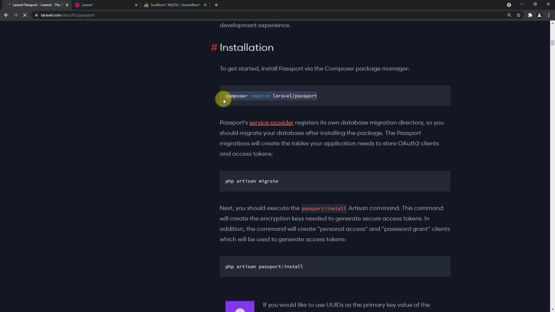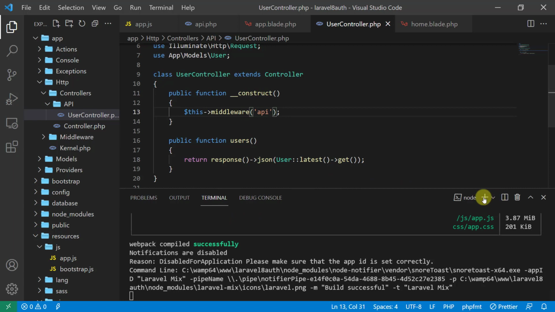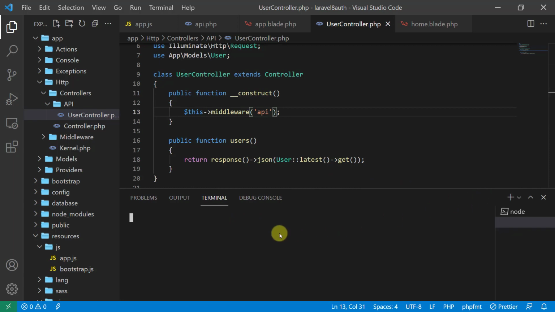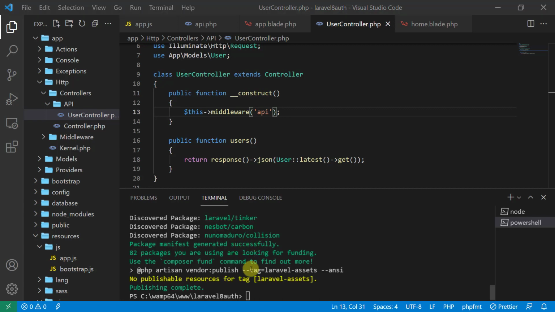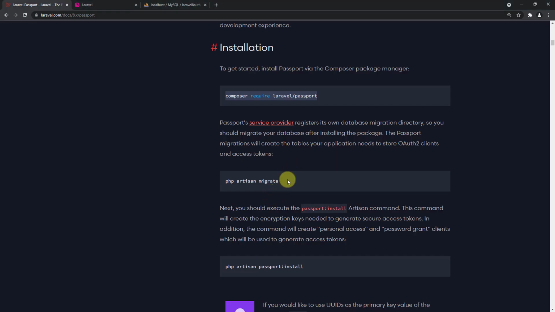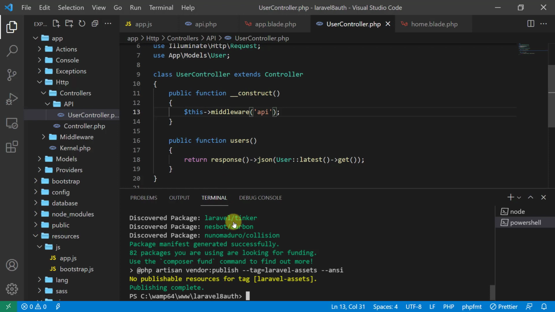So let's copy this command and get back to our text editor, and let's create another terminal and paste our command and press enter. So now let's go back, guys, to the documentation and copy this php artisan migrate, because we want to migrate the passport tables. So let's paste it, press enter,